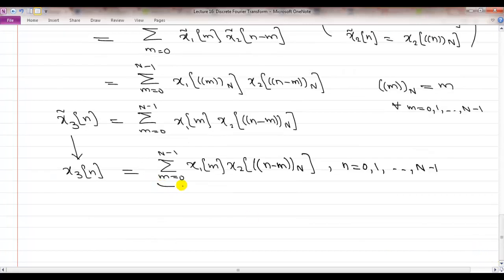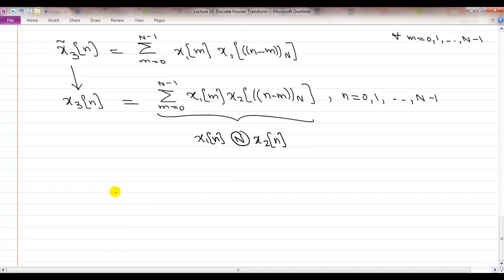This thing is called circular convolution, written as x1 of n, circular convolution with x2 of n. There are different notations. Your book uses this notation, and the circular convolution is an N-point circular convolution. We'll come back to understanding this, but just to state the property clearly, we have that if we